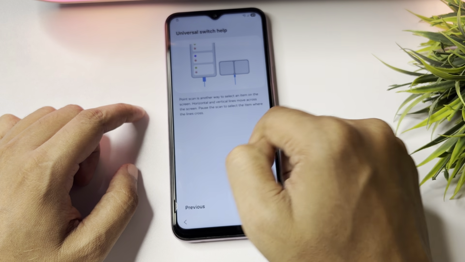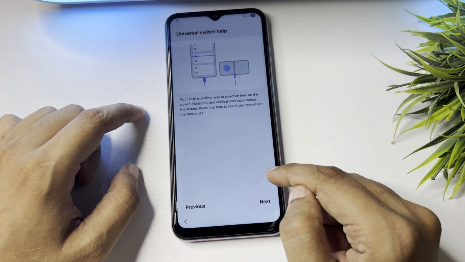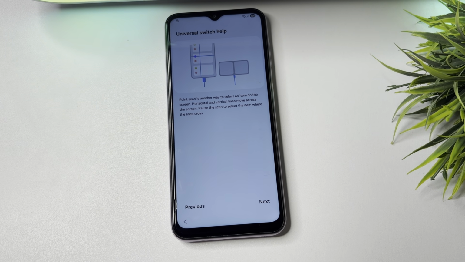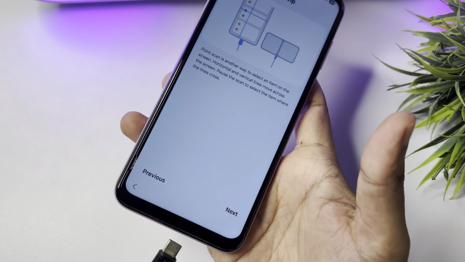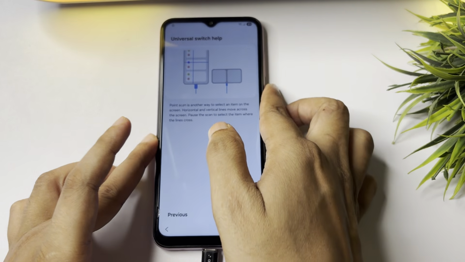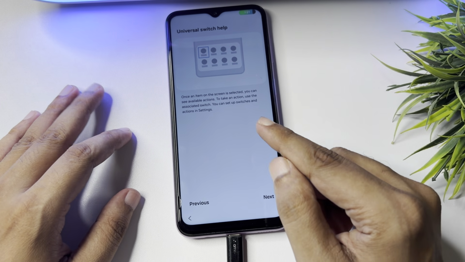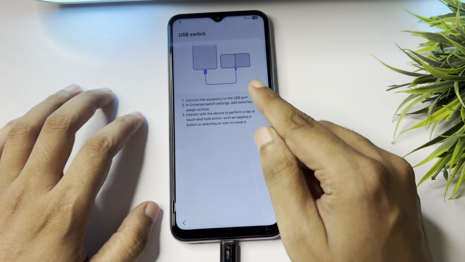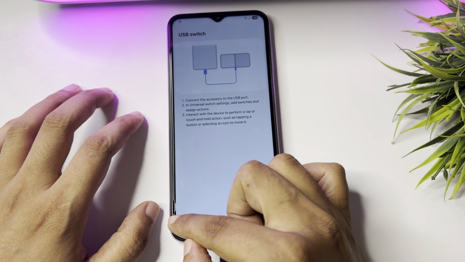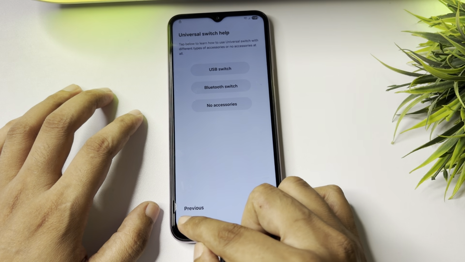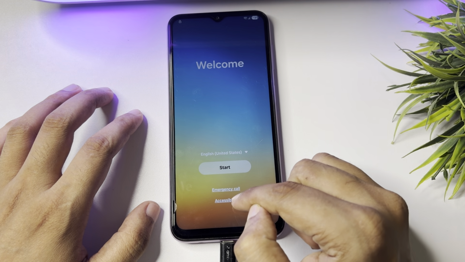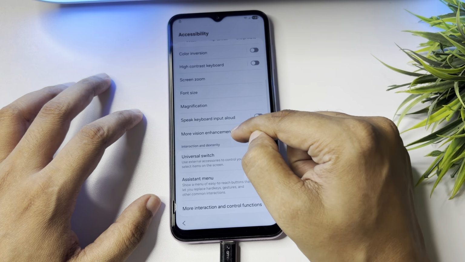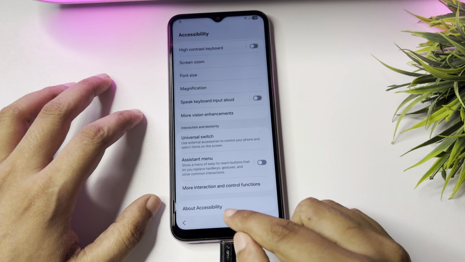Before going to the next, from this page you have to connect your cable to the phone. Now go to the next, again next. You have to come to this page, then after go to the back and come to the starting page. Again you have to tap on this accessibility. Now the last setting you have to change in this page is,